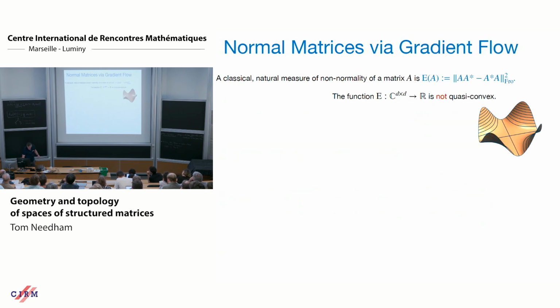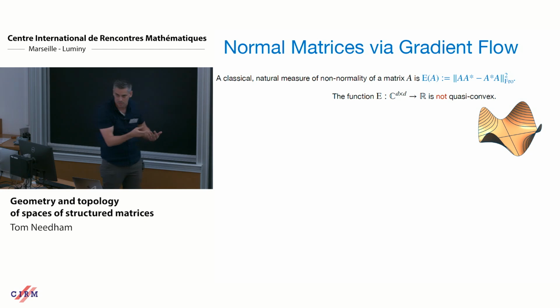pretty classically. The obvious thing to consider is this quantity. I'm handed an arbitrary d by d matrix, and I want to say, how non-normal is it? I think the quantity in blue on the right is a pretty natural measure of this. I say, how big is AA star minus A star A, where bigness is measured by the Frobenius